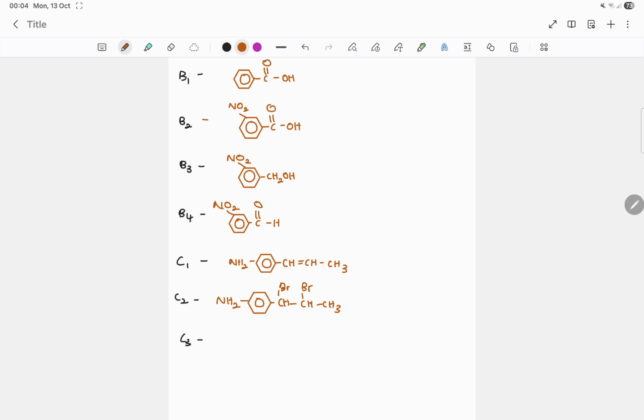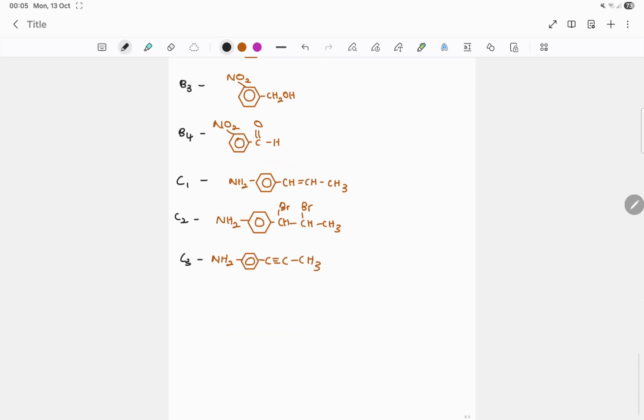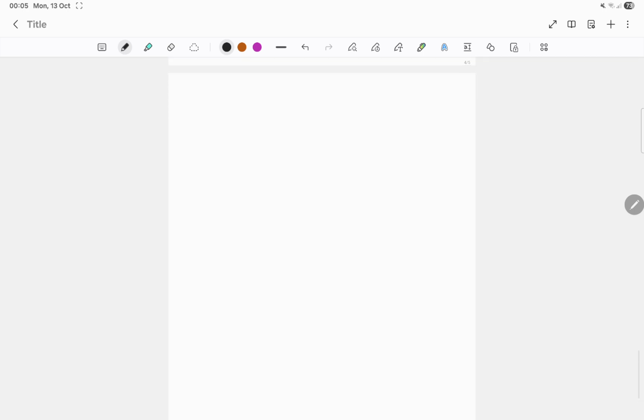C3 will be NH2, triple bond C, CH3. Okay. This is C1, C2, C3. Okay. Then we will go to the next question. Question B. Now they are asking convert this CO